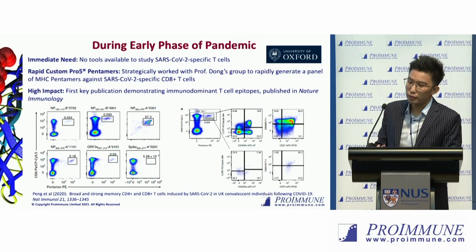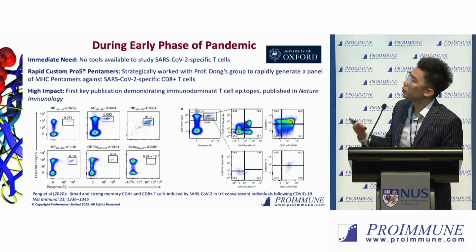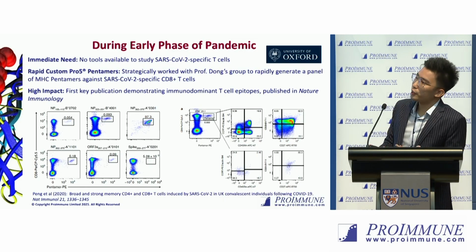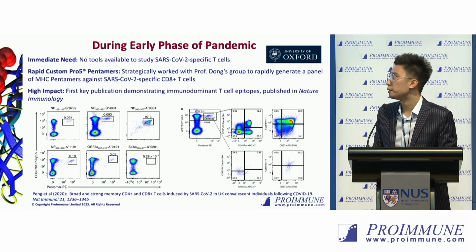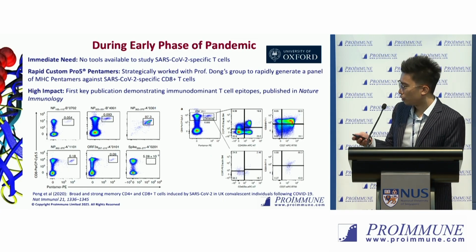So how we supported back then was to collaborate strategically to come up with a panel of these MHC pentamers against the SARS-CoV-2 specific CD8 T cells in just 5 months. So this collaboration led to a key paper that was published in Nature Immunology in May 2020. And this was the first paper that demonstrated the immunodominant T cell epitopes. So what you see here,